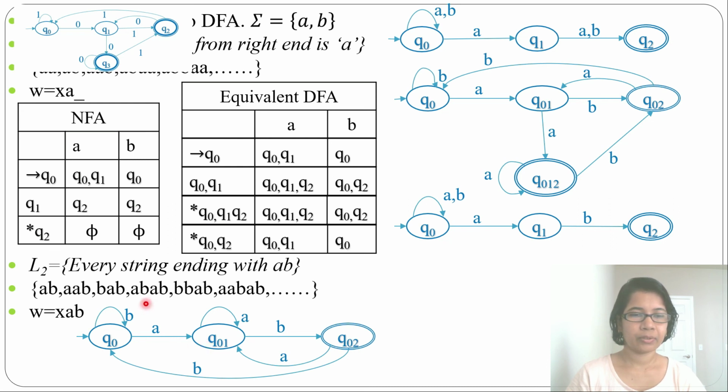You can check it will accept AB, AB. So A, B, then A, B. Suppose A, A, B, A, B, A, then B, then A, B. It accepts. Here this NFA also accepts A, B, A, B. So first A loop, then B loop, then A, B. So whatever you find easier, you just use that, either through the table or directly.